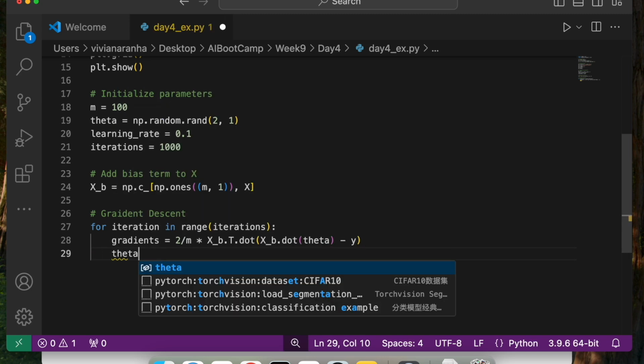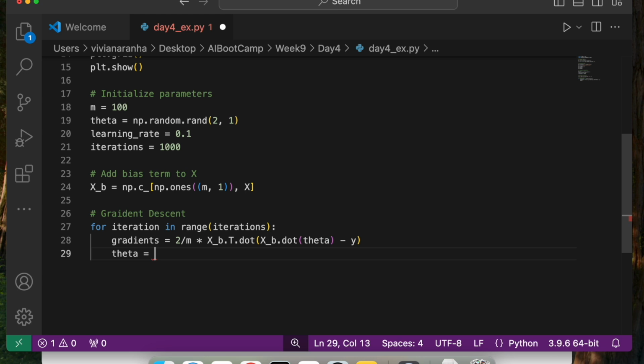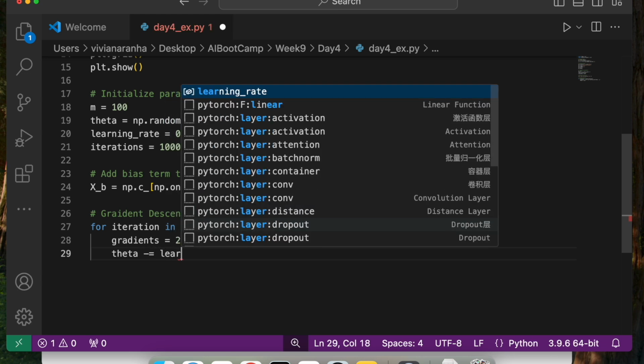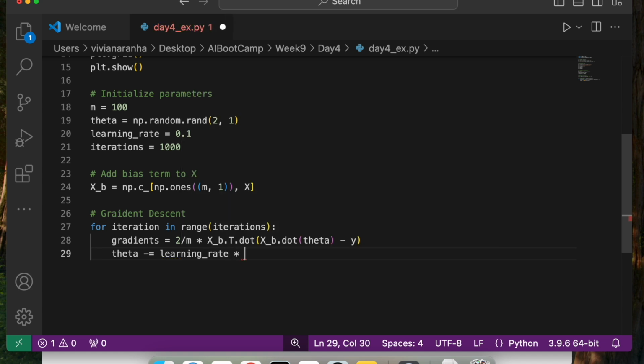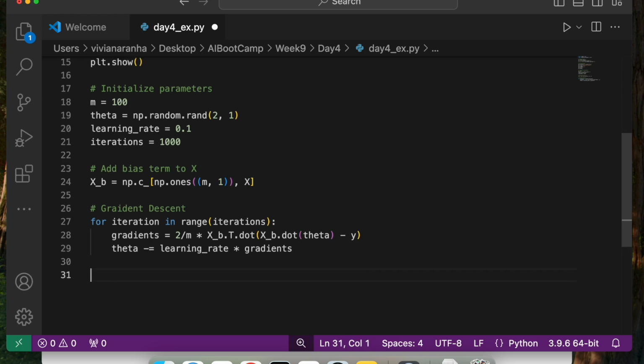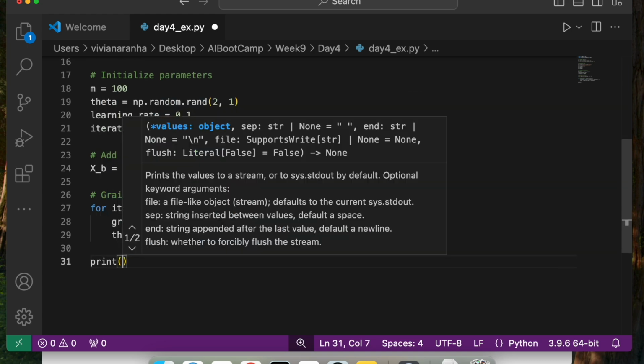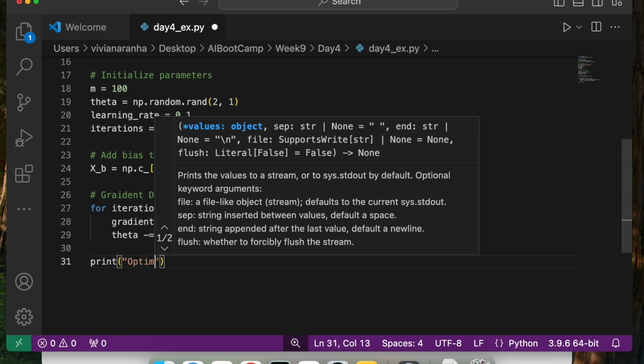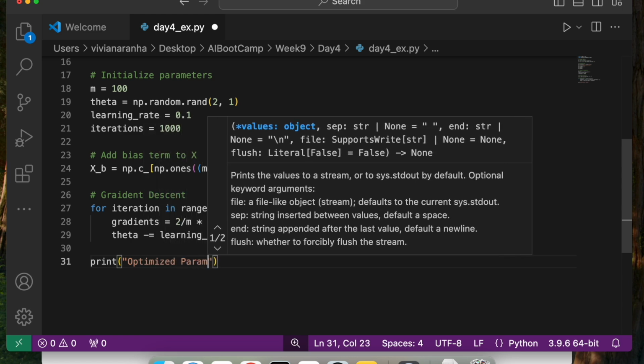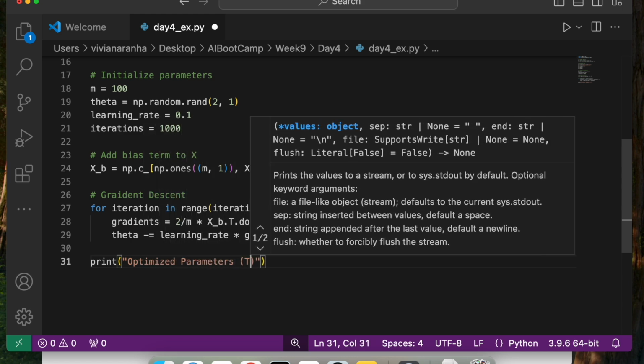Now to get the theta, I'm going to decrement theta based on the gradient that we have, using the learning rate multiplied with gradients. So that will give me my gradient descent, and I can print it out saying optimized parameters theta.